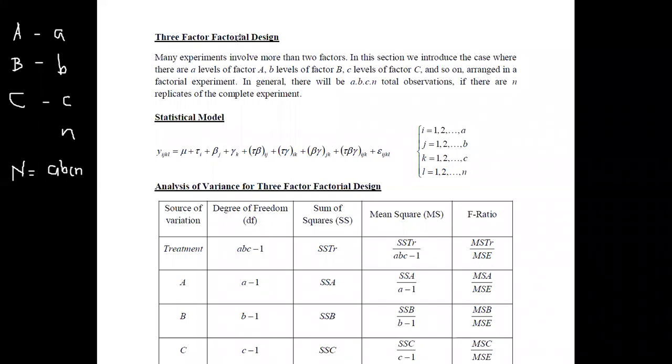Where we need to apply this three-factor factorial design is in general when we are designing experiments, most of the time we need to investigate more than two factors. In such situations, there was no defined method that we have discussed so far. Actually, the Latin square design can be used.